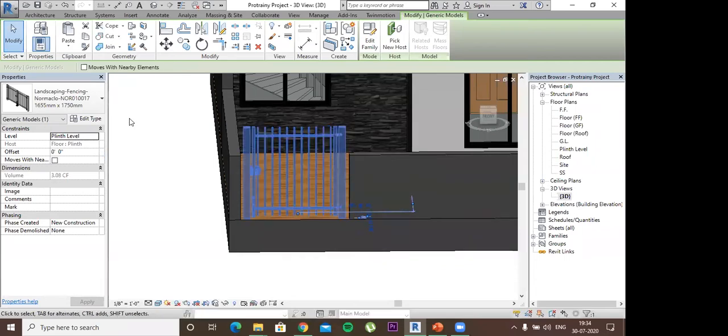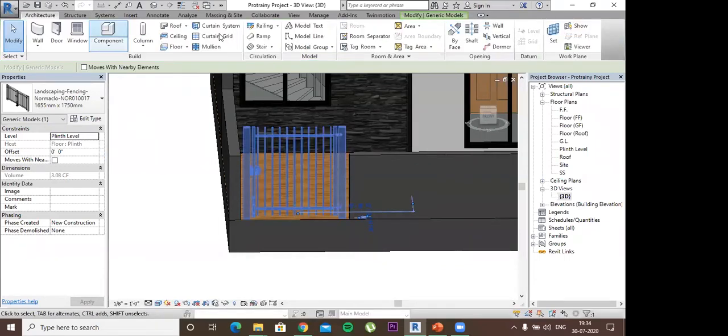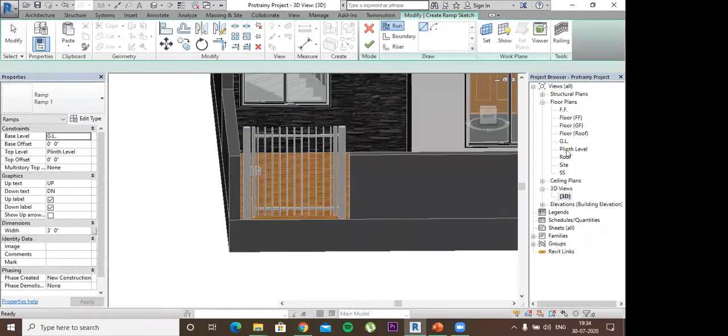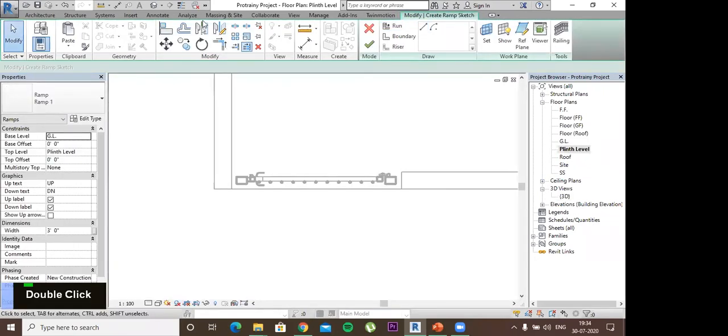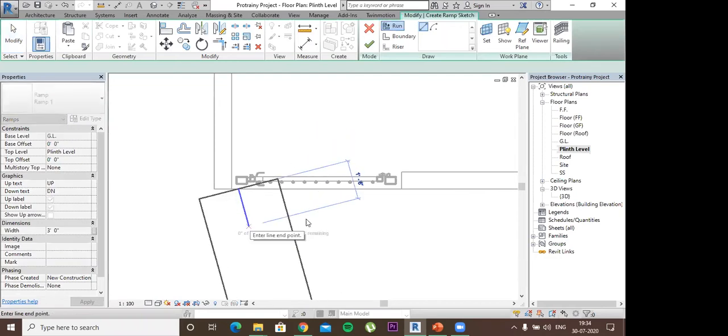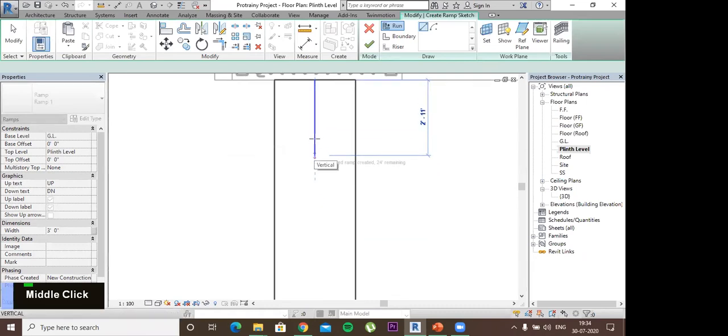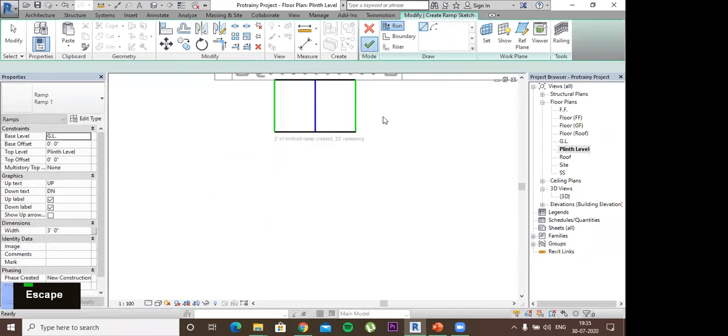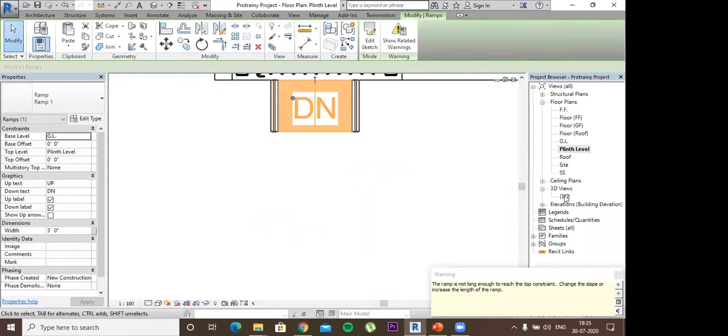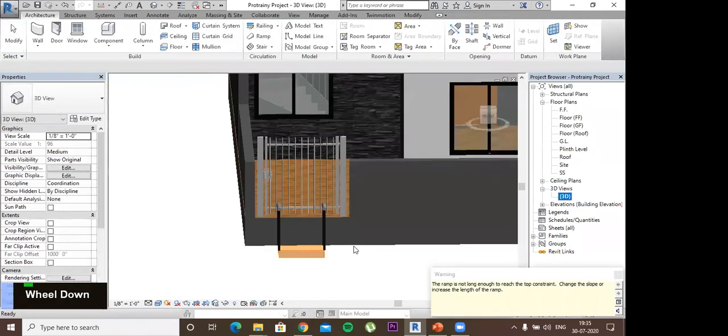Okay, then we can go to the ramp. We can create a ramp on plinth level. Go to the 3D view.